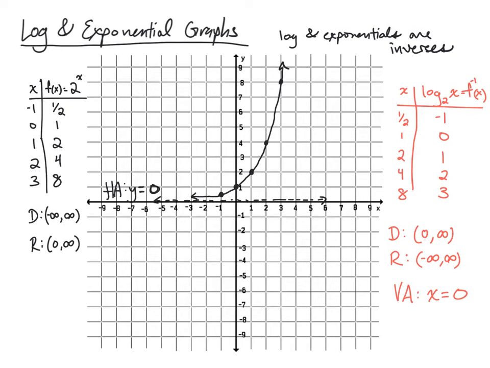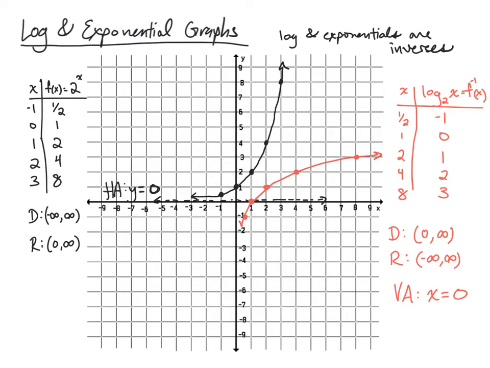So let's see, I've got 1/2, -1, which means I go over a little bit and down 1. So I've got that point there. 1, 0, that's this point here. 2, 1, that's this point here. 4, 2, that's this point here. 8, 3, that's this point here. And it looks like I can connect